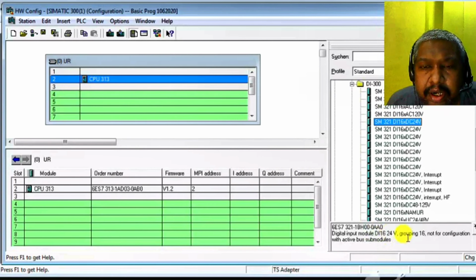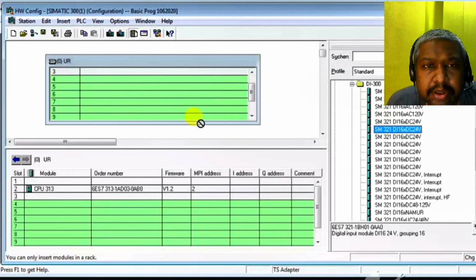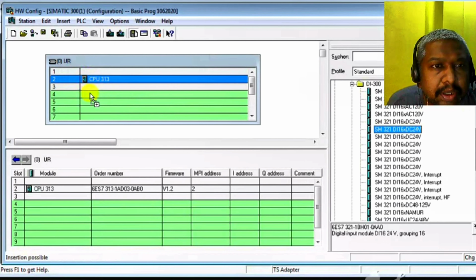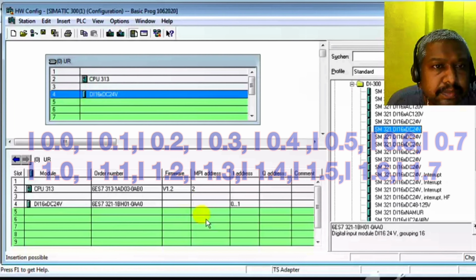Select, drag and drop. The specification is in the small window. Select DI 16 and insert in the fourth row.